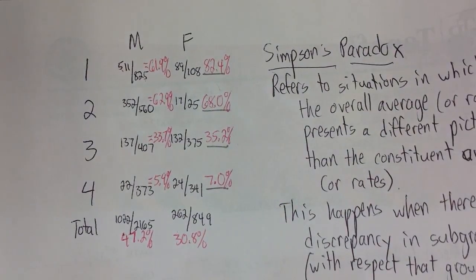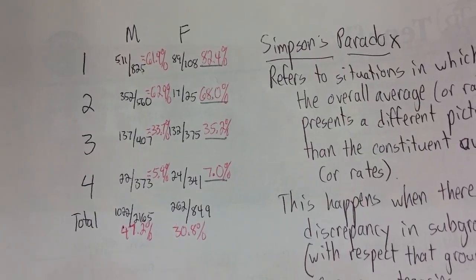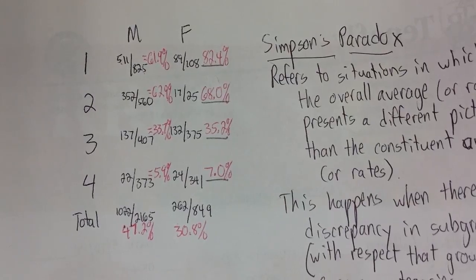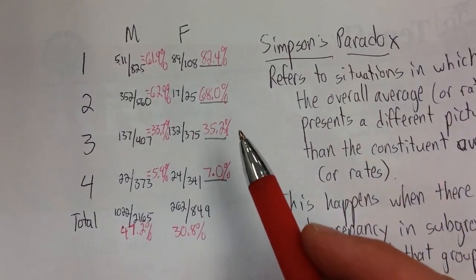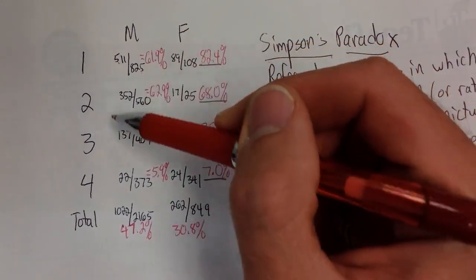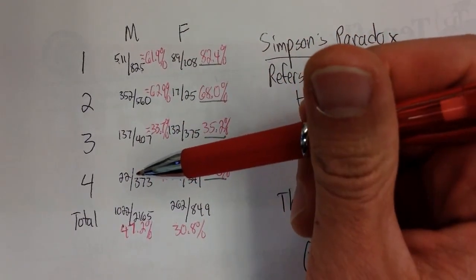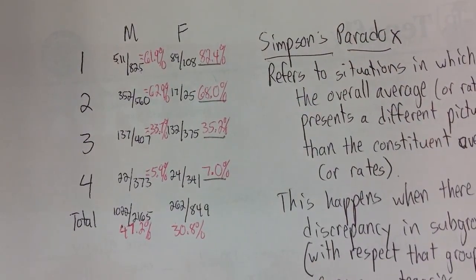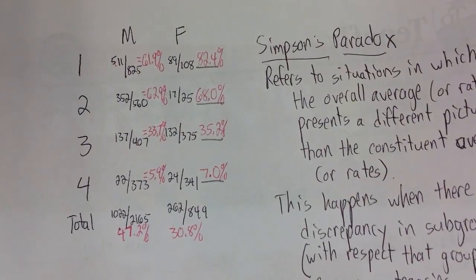But it's good to consider. You just have to recognize that there's a discrepancy, and you can't do anything about it. What I would do is what I asked you to do, which is find the relative frequencies or the rates, and then compare those. And at the same time, notice where these subgroups, like men, are tending towards, like I was doing before. Okay? Other questions on Simpson's paradox?